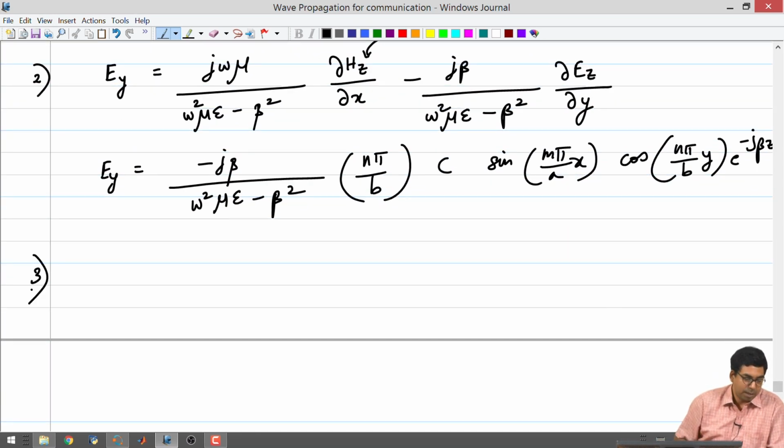You can also do this for Hx, Hy. I think references are available. You can go back and have a look at them. You can also plot them in the same program. You can just add components and plot them. There are no issues at all.